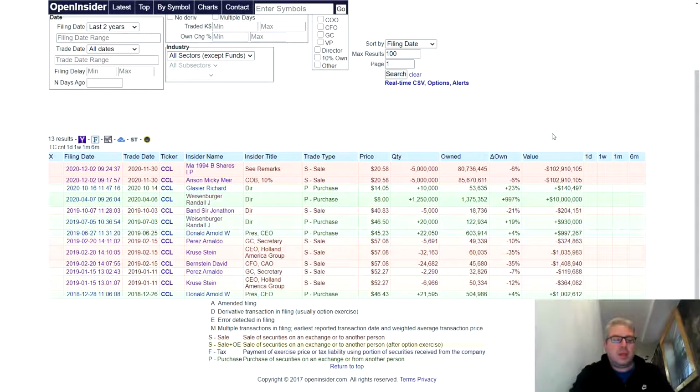Let's go. So there's a bunch of stuff in here: sell, sell, buy, buy, buy, sell, sell, sell. Two things caught my eye, guys. Two things that I'm going to go over with you. In here, November 30, almost a month ago, Mr. Mickey Arison, I think he's the owner of Carnival Cruise, if I'm not mistaken, owner of 10% or more, okay? Owner of 10% or more,